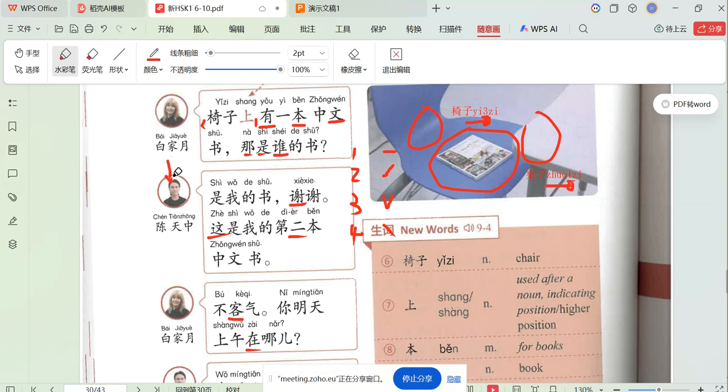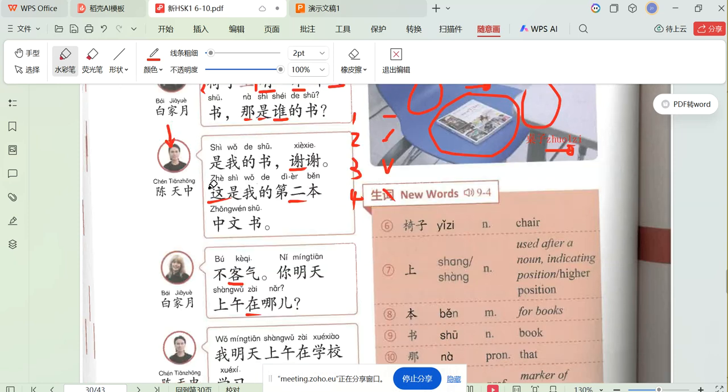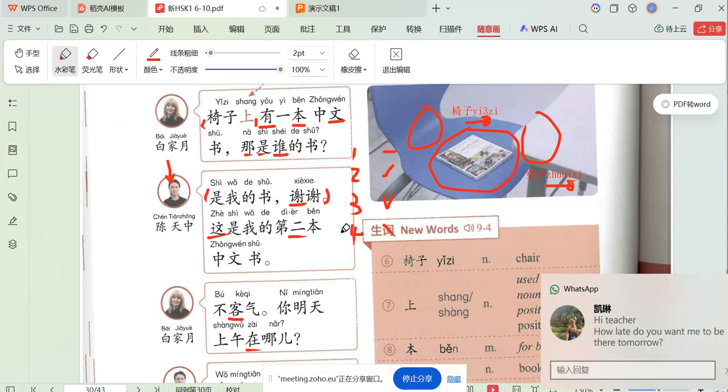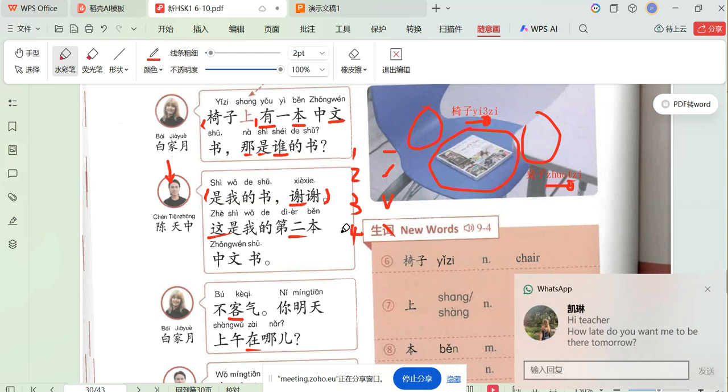Is it the man's book? Yes or no? Yes. So why do I say yes? Let's read the first sentence. 是我的书，谢谢。